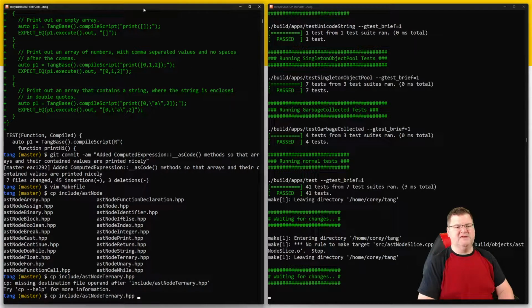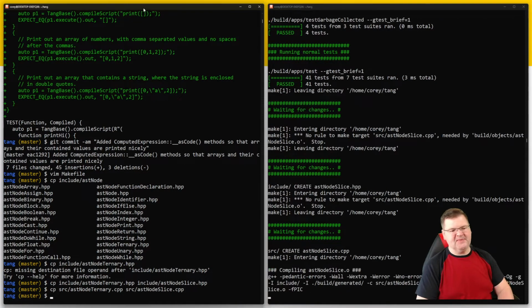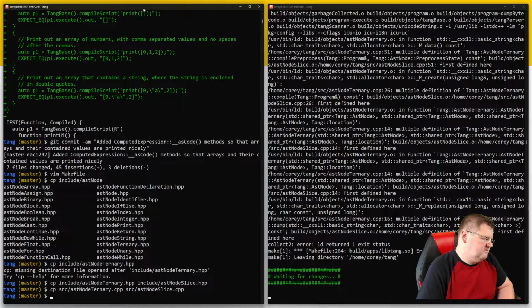Oh, where am I copying this to? Include AST node slice.hpp. And we'll do the same thing. Source AST node ternary to source AST node slice.cpp. And